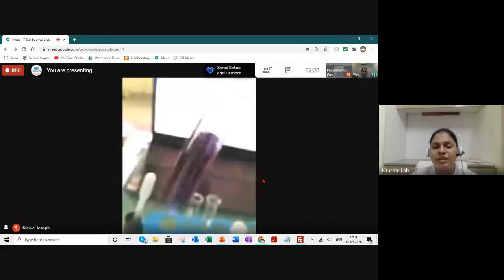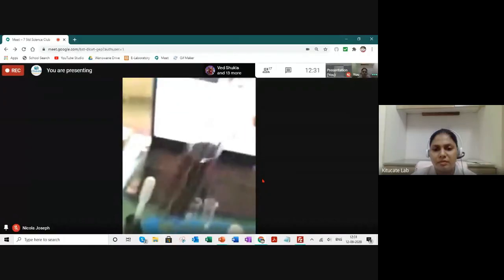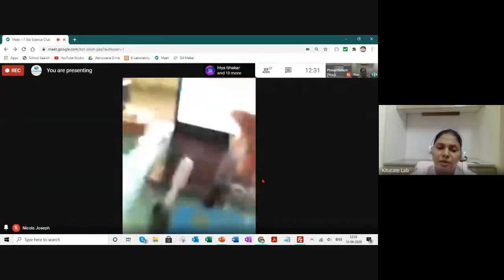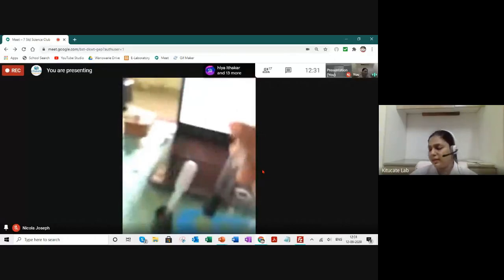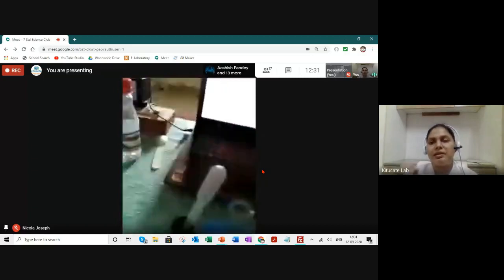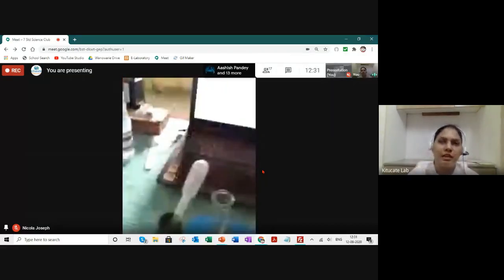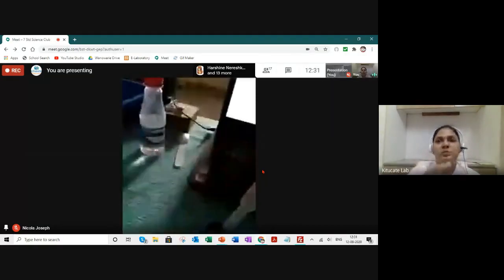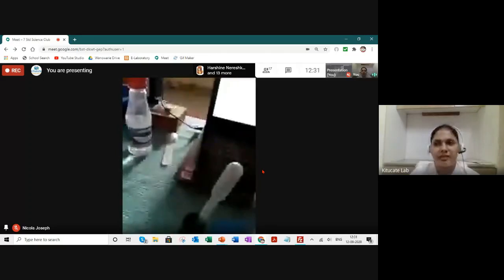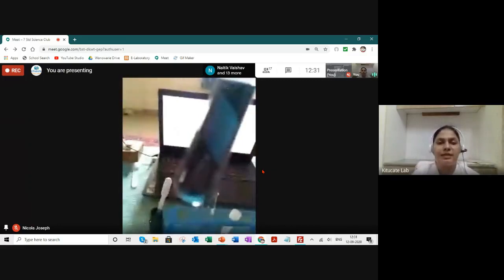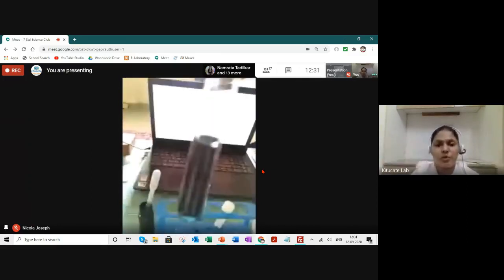Can you see the change in color? Yes, ma'am. It's kind of violet. It is violet. Okay, so that is how your universal indicator works. Like the scale, at neutral it is green. When you go towards base, it becomes blue and then ends up into violet. And below neutral in the acidic range, it starts from deep red up to yellow. So this is how your antacids work.